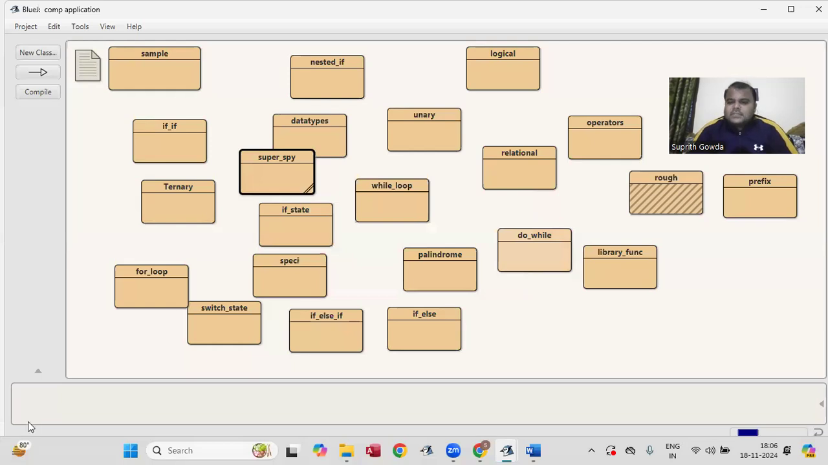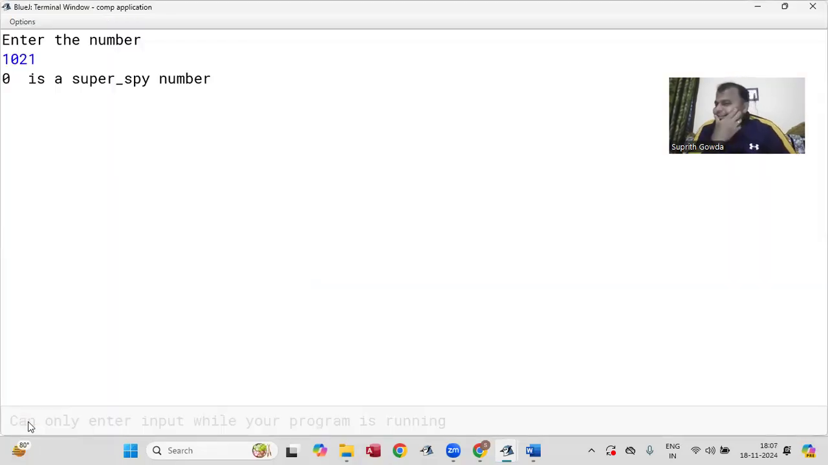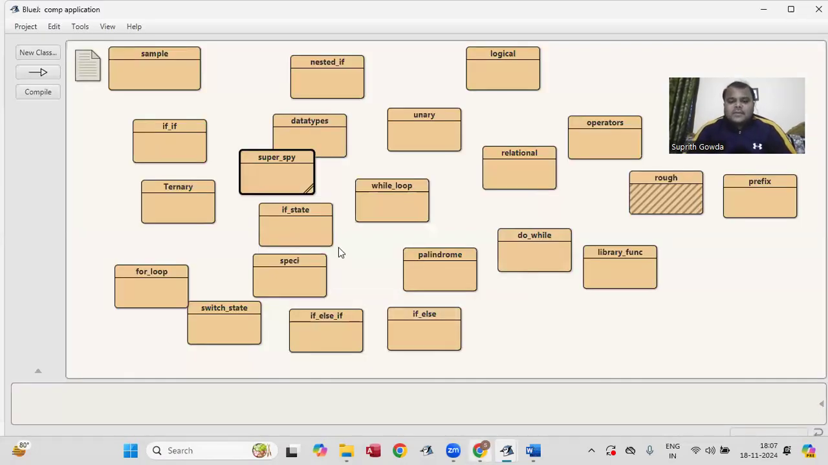The value of n becomes 0 after each iteration. Do you understand? Hope this is clear for this program. Next program is